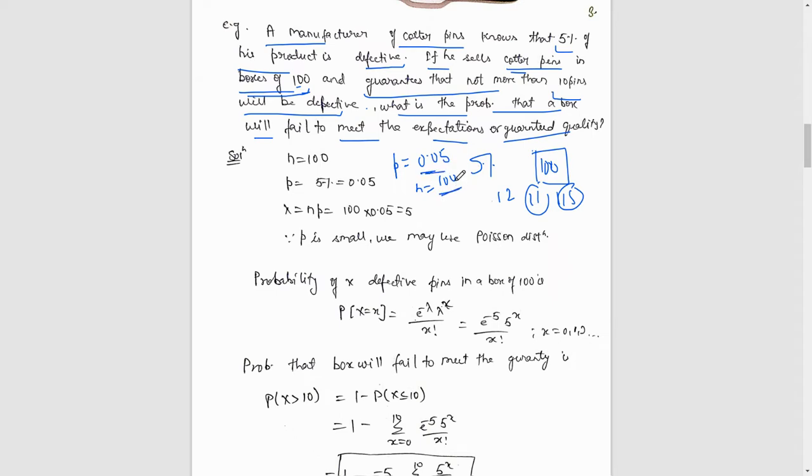So compared to this particular n, this p is very, very, very small. So here you have to apply a Poisson distribution. Applying the Poisson distribution means you have to find lambda, which is equal to n into p. So lambda is n into p, which is 100 into 0.05, and that is 5. Obviously I talked about p being small, that's why we are using the Poisson distribution. Compared to 100, if you do 100 by 0.05, it will give that